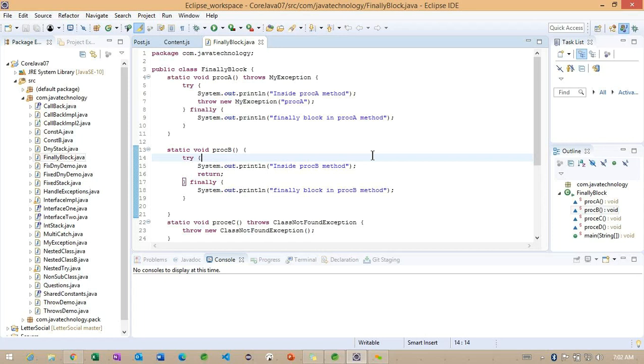Getting the point. For each task, one thread is created internally. However many parts of the code are going to execute, for each part one thread is created. So to create a thread, what exactly are we going to perform? In a multi-threading environment, we have one class, and along with the class we have one interface. What is the name of the class?